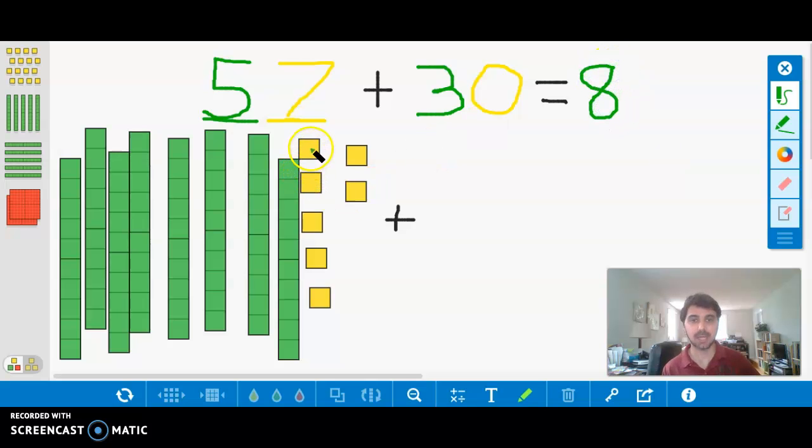Okay. And we still have, let's see, 1, 2, 3, 4, 5, 6, 7 1s. So we'll write that down as well. Okay, so we have 7 1s. So let's look and see. Did this work again? We had 5